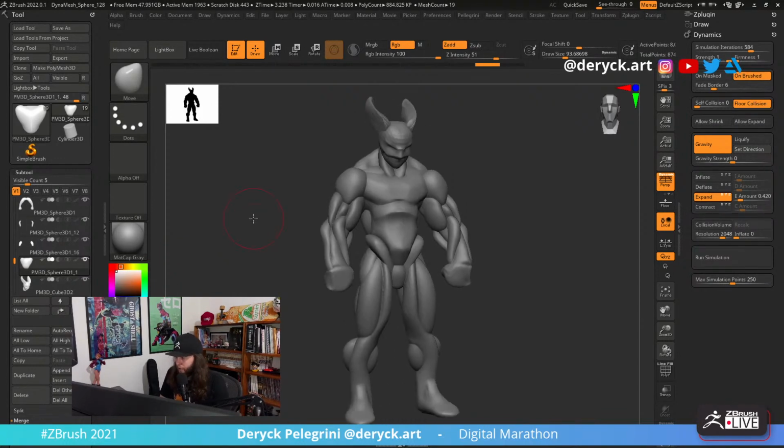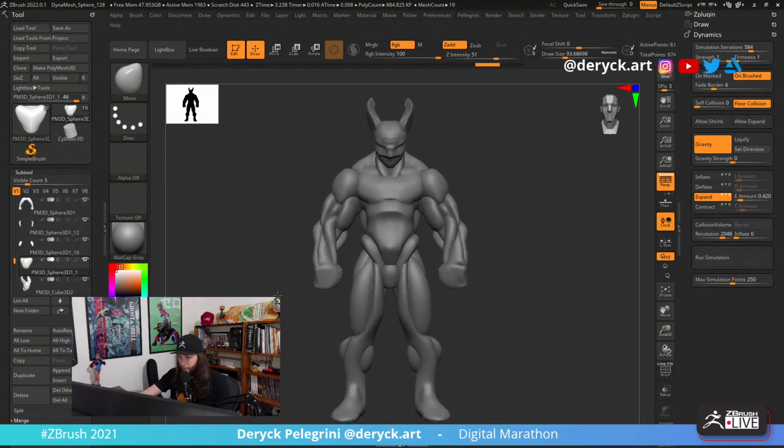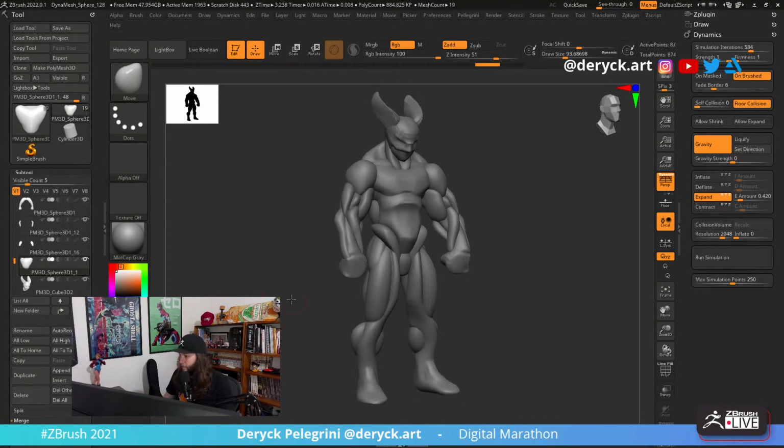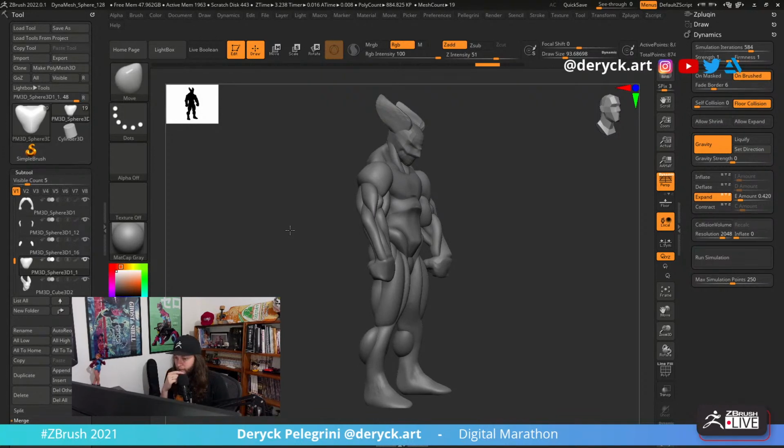So today I'm gonna work on this cat. On the last live I did a sketch of Hellboy. I did my own interpretation of Hellboy, and I don't know how many of you guys saw that. You guys can check this later. It is on my Instagram. And today I'm gonna work on this.